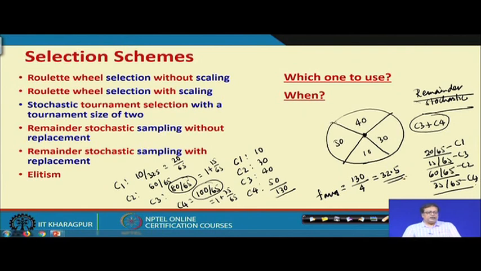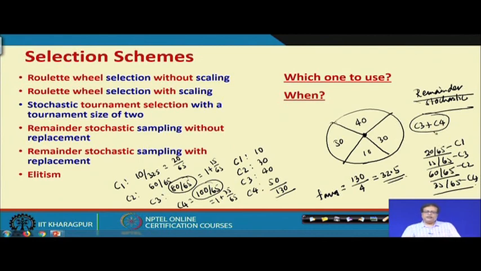Now, please remember, sometimes it is not really necessary that we just follow the roulette wheel or some specific method. We might like to make use of what is known as tournament selection. Out of this roulette wheel I select 2, but then I make a tournament between the two: we see the higher fitness and take that.